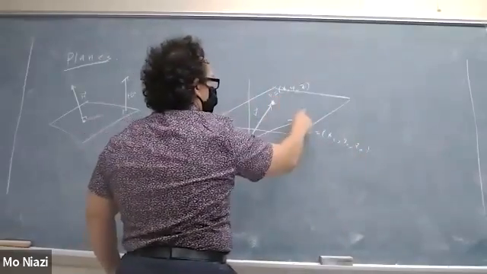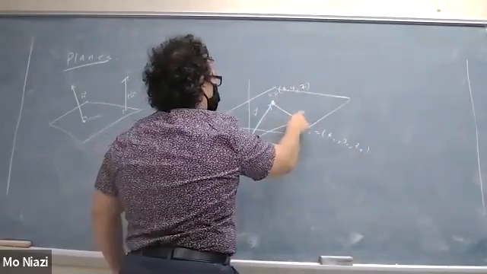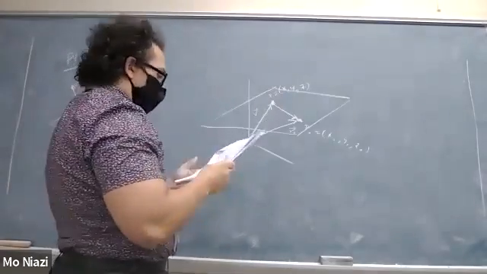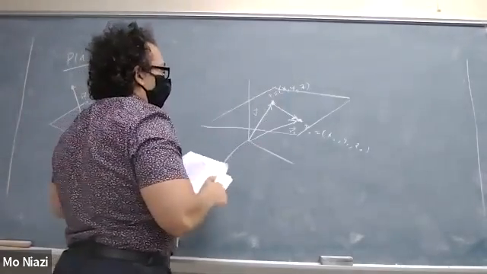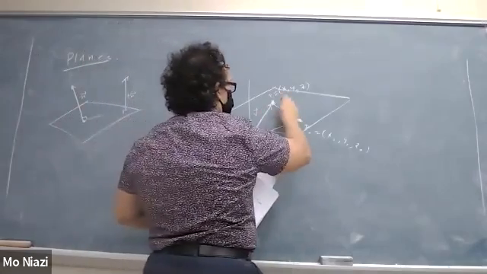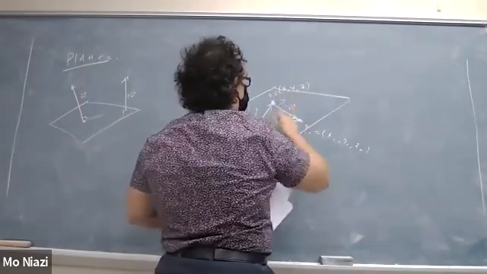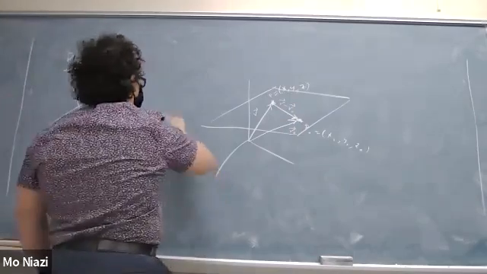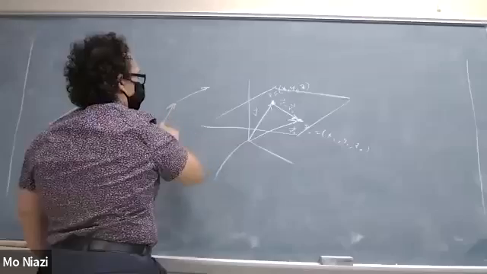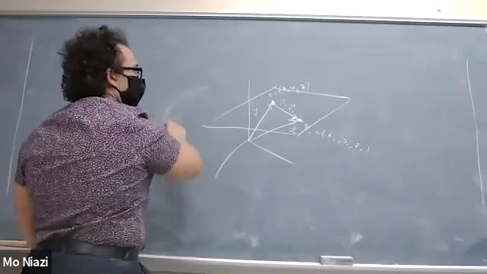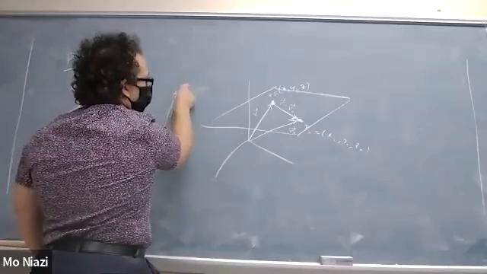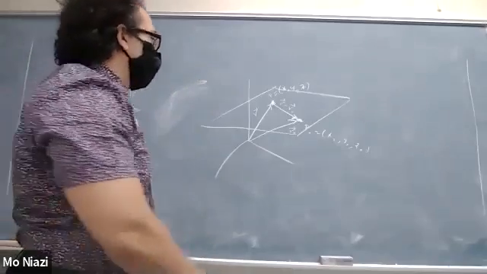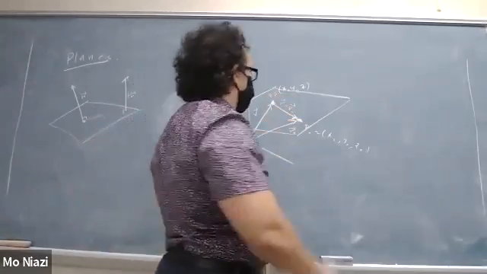Then we can create a vector between these 2 points. It's going to be the displacement vector between P and P naught. And actually, that displacement vector between P and P naught is the same thing as taking r minus r naught, because of vector addition, if you imagine putting them in head to tail fashion. I can't draw it well, but if you put these guys head to tail fashion, you'll get